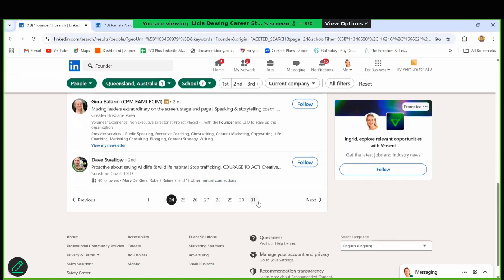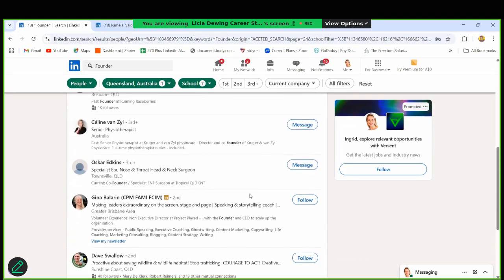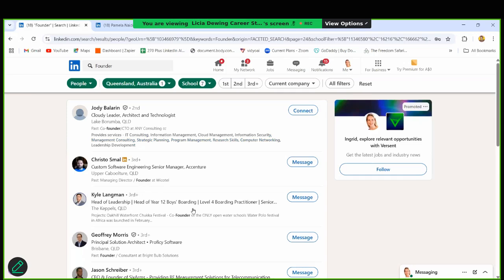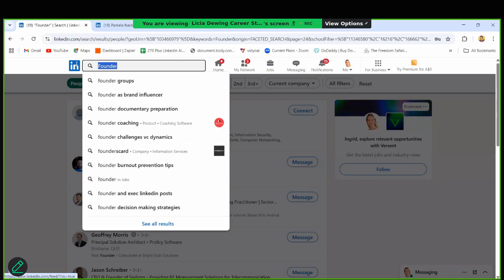So 31 pages with 10 profiles per page. That's 10 times 31 pages of just people who resonate, who've gone to these 7 South African universities in Queensland who have the title founder. Now, if we take founder off and put